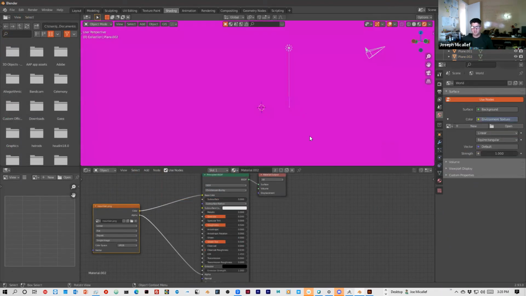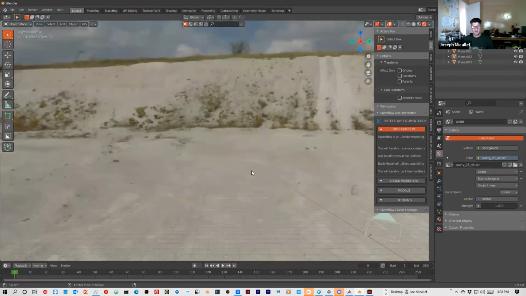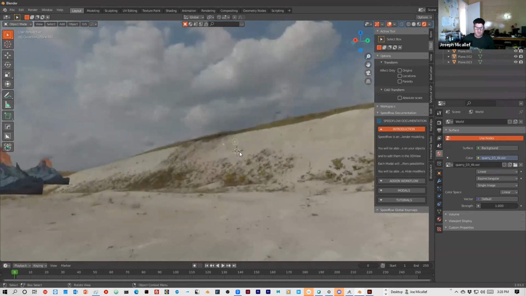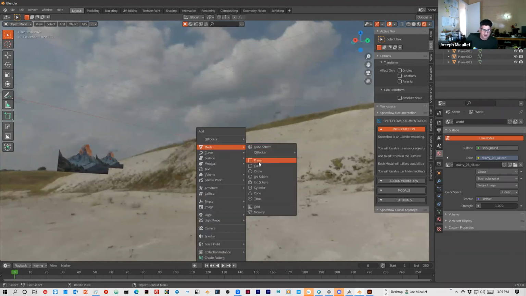So I'm going to click on environment texture, then I'm going to hit open. And now I'll find Quarry. And now, yeah, now there's an environment here. So the idea with the environment map is that it's just a sphere and the texture is wrapped to the inside. So I'll select the mesh